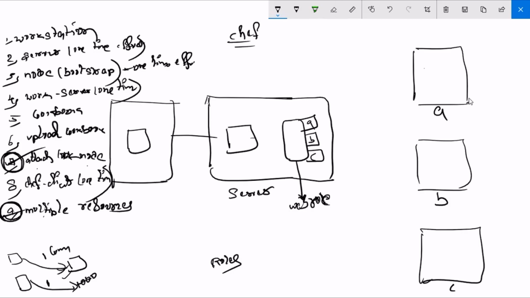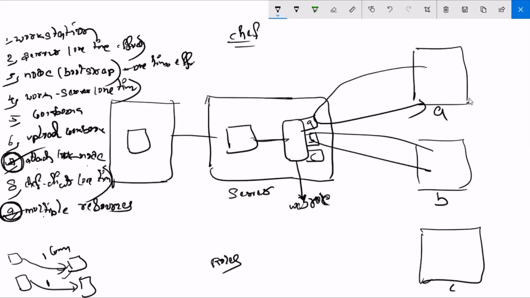So it's only one command. Correct? Correct or not? Yeah. So that's how we are achieving automation here. Only one single command. Automatically the chef client of each and every node will take that cookbook, because you have already attached it to the role, and that role already got attached to the nodes.